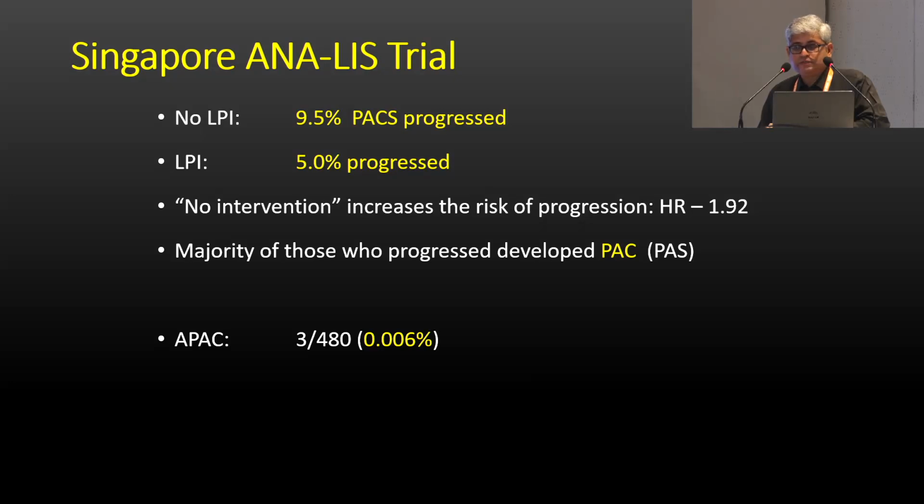The majority of those who progressed developed PAC. That's something we have to do. Both trials had only some of them with PAS and nothing else. And APAC was 3 out of 480, so this is 0.006, double the numbers of ZAP. So that is something, again, we have to keep in mind, that the incidence of symptomatic angle closures was more